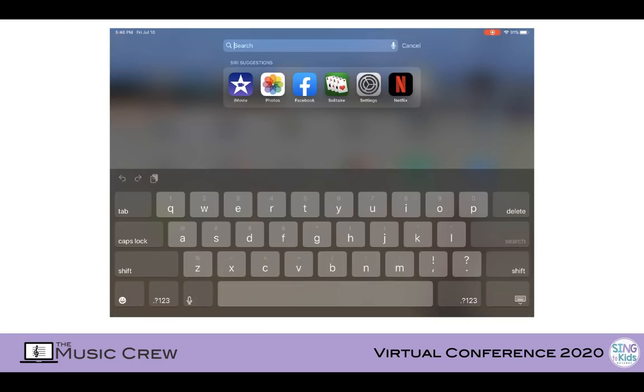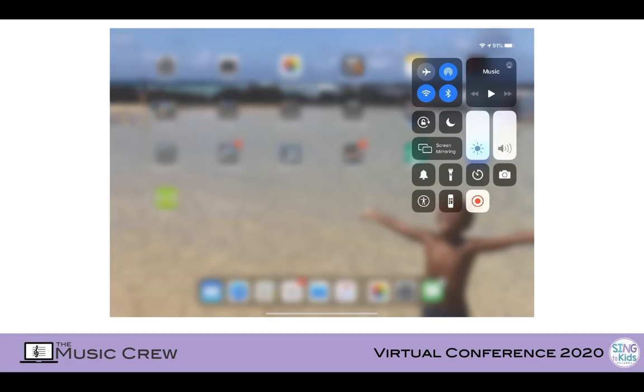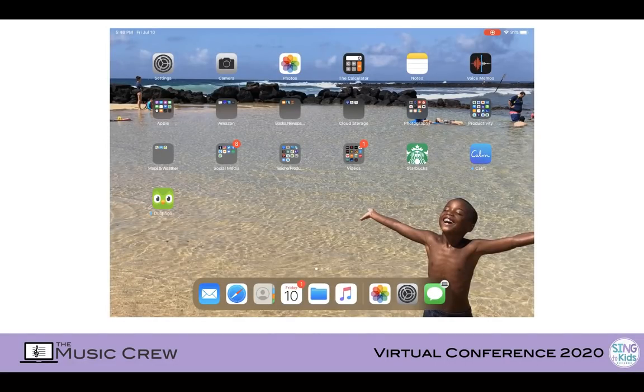Now you're going to take a finger and swipe up. See where it says 91% where my battery is? If you swipe down, that is your menu. And if you click on that little button, now mine is flashing red because I'm already recording, but if you click on that, you'll get a 3-second countdown until it starts to record, and you can screen capture anything on your iPad,